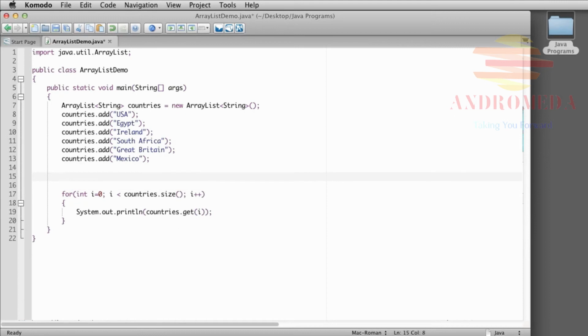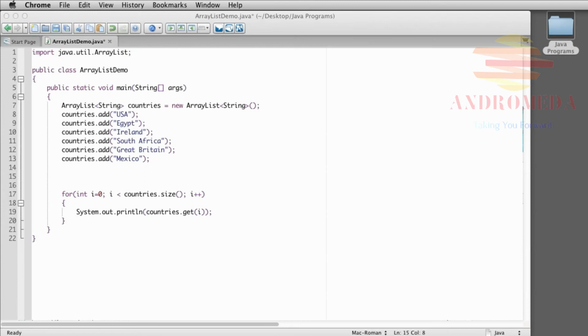Now, there's a number of methods or commands that we can use with the ArrayList. Add is just one of them. If we wanted to see if a specific element is in the list, we could use the contains method to see if our list contains a specific value. So, for example, we could say here,